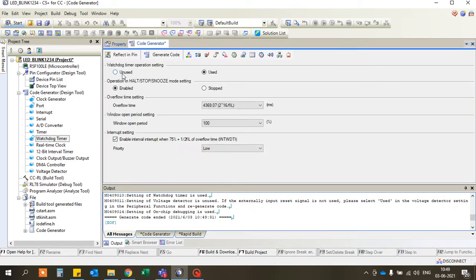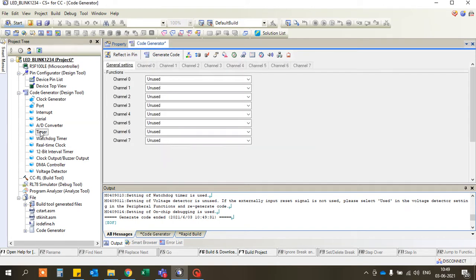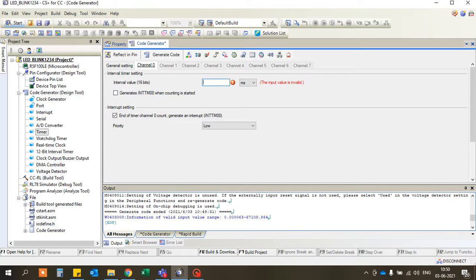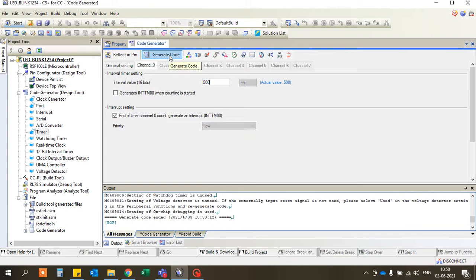I don't need a watchdog timer, just leave it unused. Suppose I have to create a 500 millisecond time. So in this timer peripheral, just select the interval timer, and set 500 milliseconds, okay, and just generate the project.